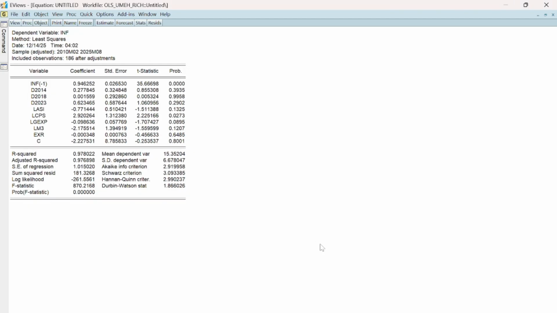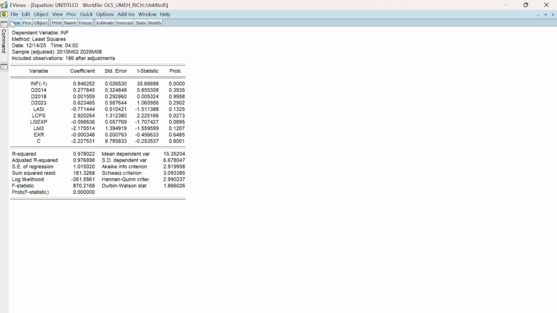After doing that, we click on OK, and then we got our results. We saw that the result is saying exchange rate actually reduces inflation, money supply reduces inflation, government expenditure and stocks. So we are still seeing that only credit to private sector actually increases inflation. At this point, that has a positive relationship with inflation. So what we now do, we now